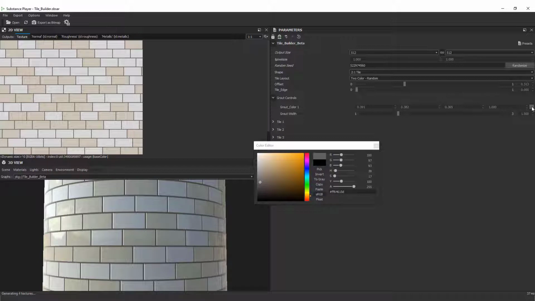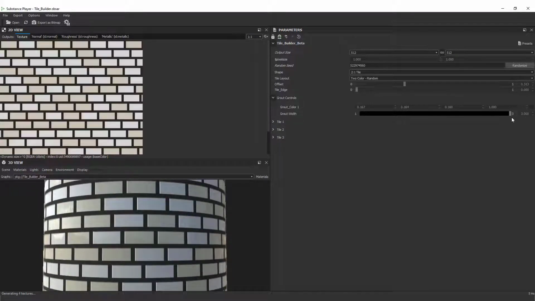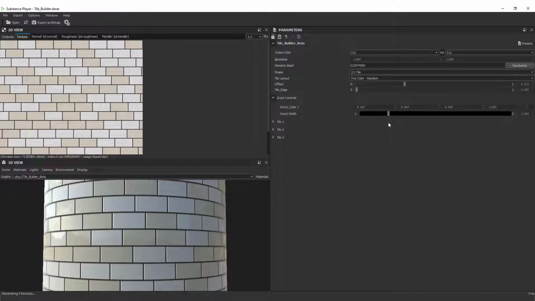The easiest way to set the grout color is to click on the color box in the far right. Here you can enter specific color values using the RGB sliders and more, or simply select a color by moving the target inside the color picker and sliding the color bar. To lock in the selection, click the X and the menu will close. Next, set the grout width using the slider. Slide left for thin grout lines and right for a chunkier look.